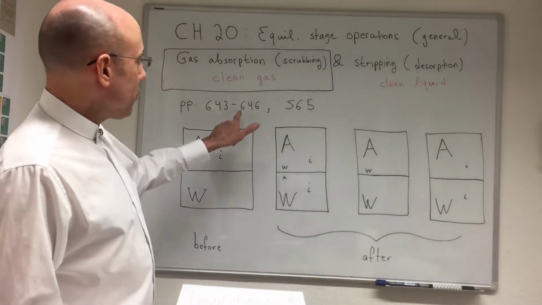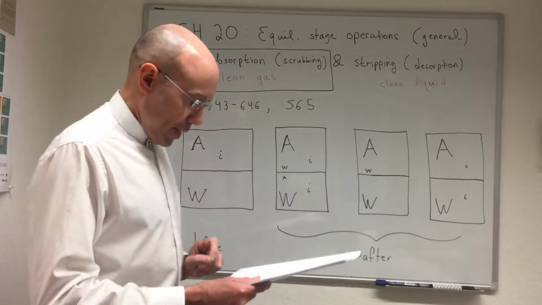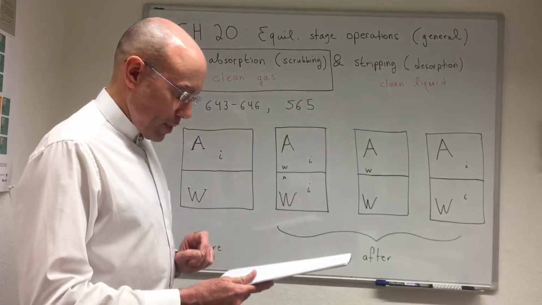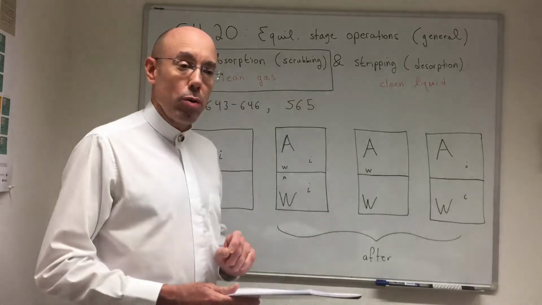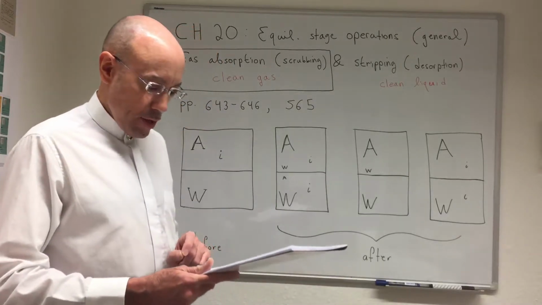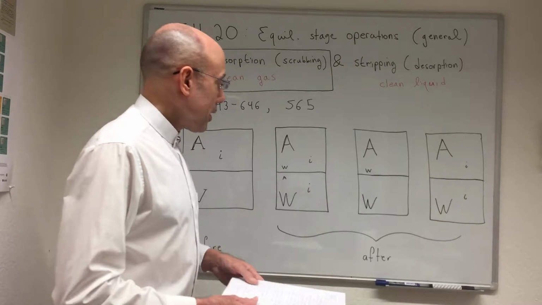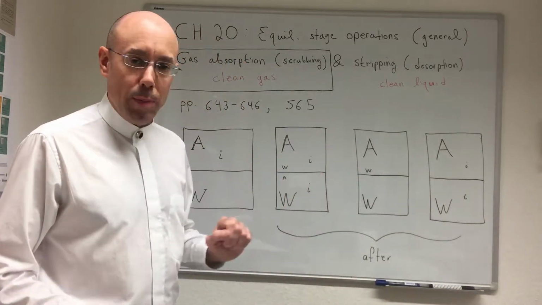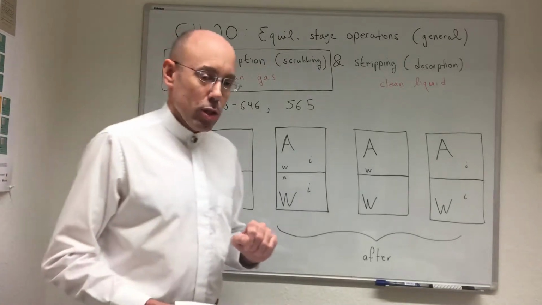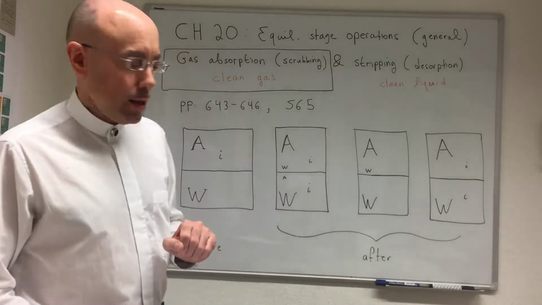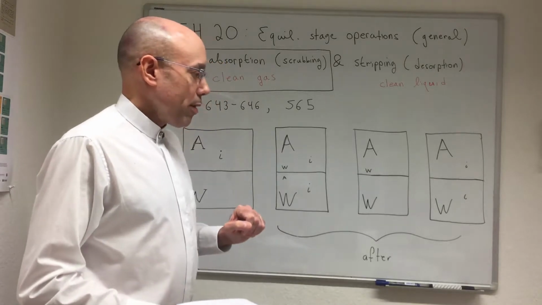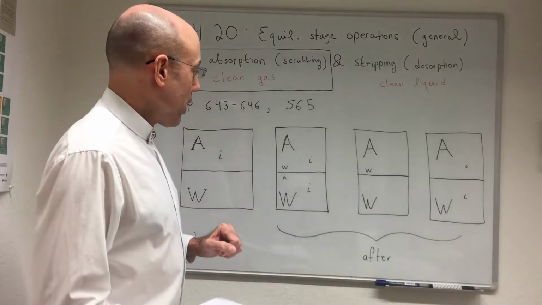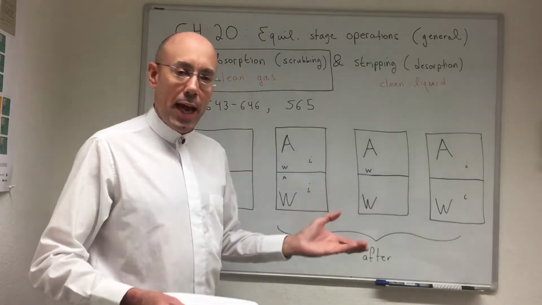On page 652, a little bit further into this chapter, example number 1 is specifically on absorption of acetone from air with a heavy oil. And that example is very apropos, because I think we've all had the experience of walking in a shopping mall and going by a salon where they do fancy nails, and you don't even have to go inside, you just walk by the door and you almost fall over from the heavy fumes of basically acetone,